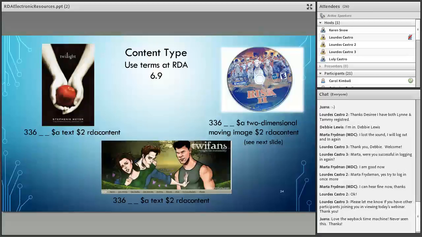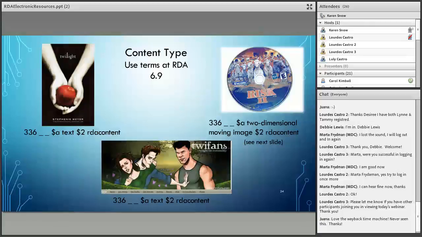But I always try to think of it in terms of, okay, what's a prominent type here. So if it's something like a website that just has a few images on it, like just on the home page, for example, that may be misleading if you were to say this has a bunch of still images when it's primarily text. So think of that also in terms of regular books as well, or anything else. You want to really focus on what the prominent content is, and then go from there.